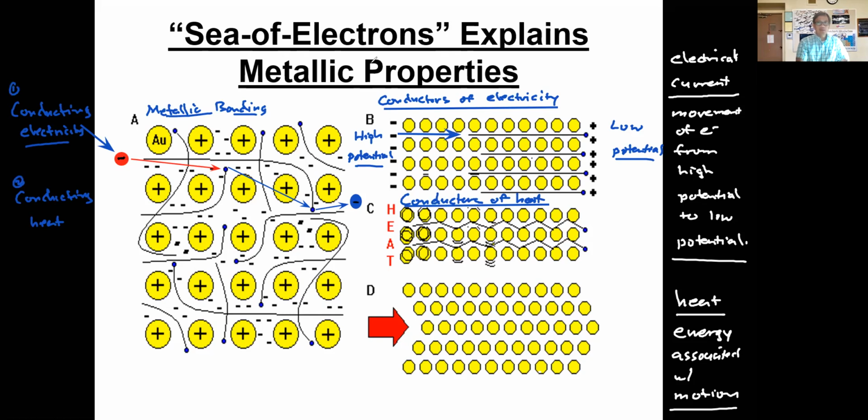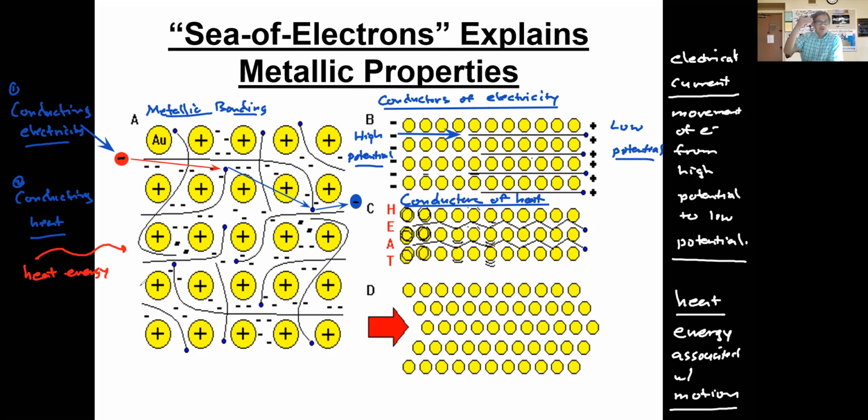Let's imagine we have a wave of heat right here. Heat is energy, and we're going to say that it's a wave of heat. Remember, this is heat energy right here, which is energy associated with motion. We're going to heat up this left-hand side of the metal right here. Now, with the sea of electrons, folks, what did we say was true about all those electrons and what they do?